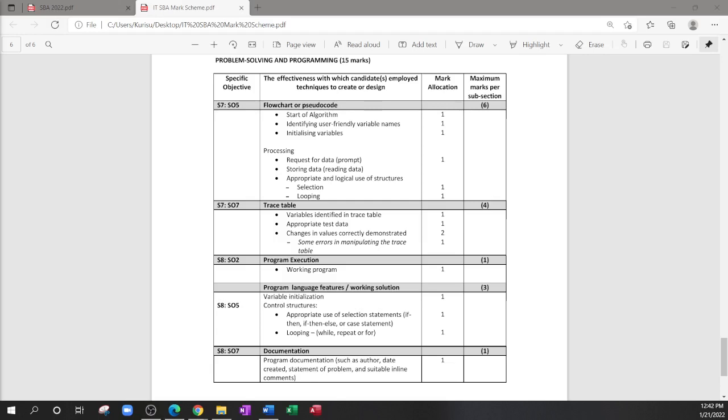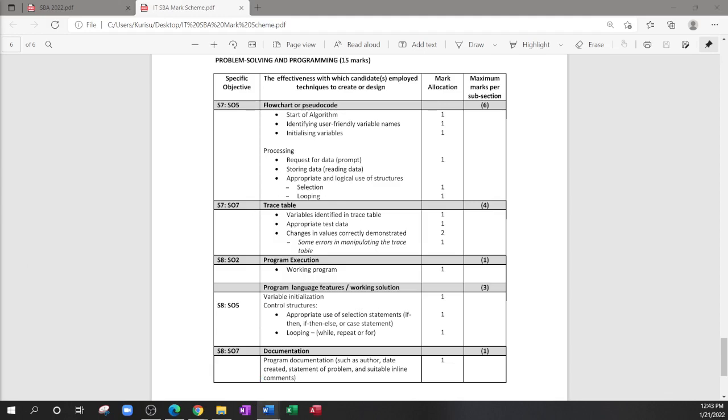A majority of you did so, and it was very good. What you would have submitted, a majority of you gave some very good IPO chart and problem statements. So obviously there's some further refinements you can make. You already received your corrections, so make those as you finalize it for your SBA, and forward into making our pseudocode. So as I mentioned, I want to plan out or basically map what is our task that